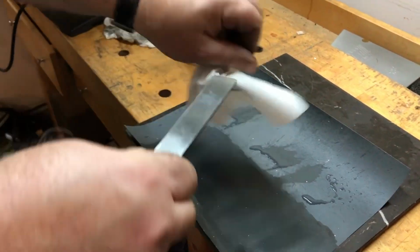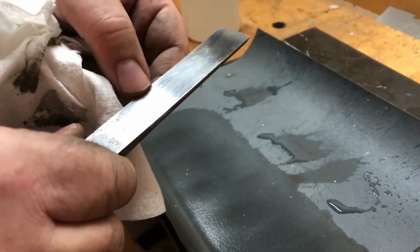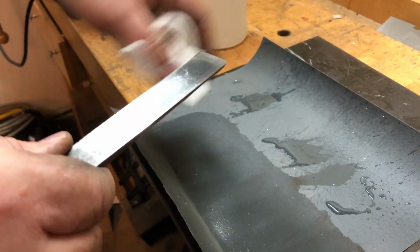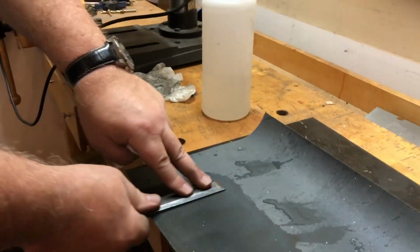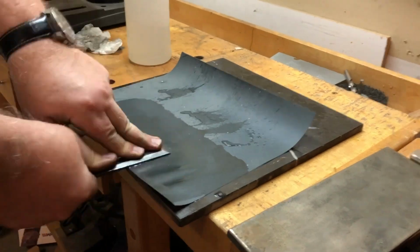Let's see what we got here. We've gotten rid of all these. We still got some scratches in there from the 100. Yeah, I can see them. So it takes a while, but you eventually get through them. The front section is not too bad. That's the one that really counts, but...